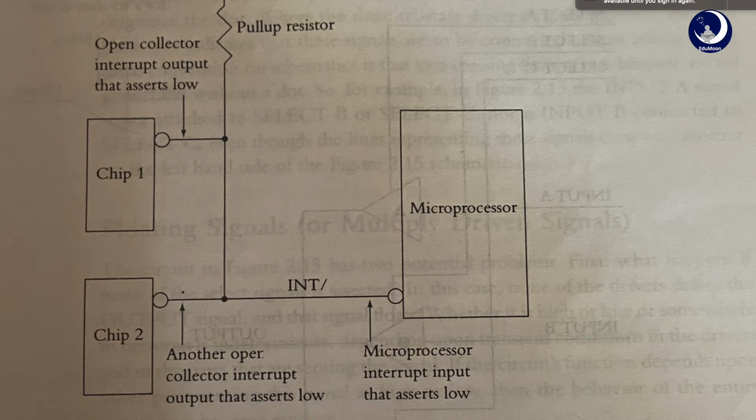This is a very important concept. One special class of outputs are the open collector outputs. They allow you to attach outputs of several devices to drive a single signal. In general, the normal outputs either drive signals high or drive signals low. But an open collector output can drive the output low or let it float. So what do I mean by this?